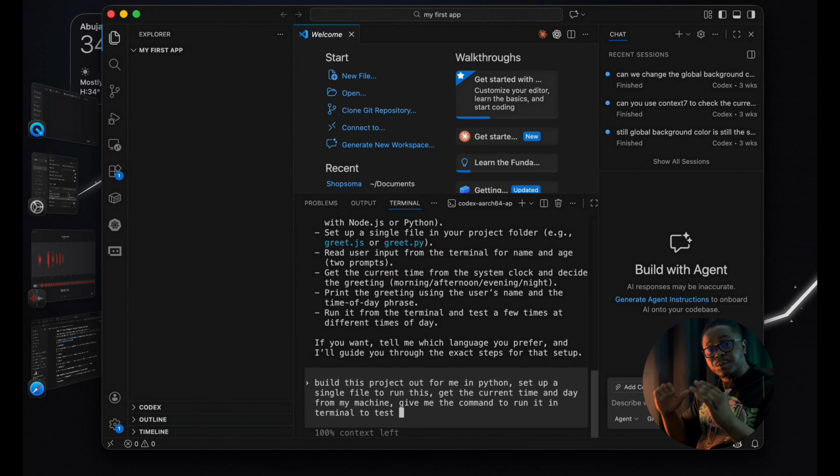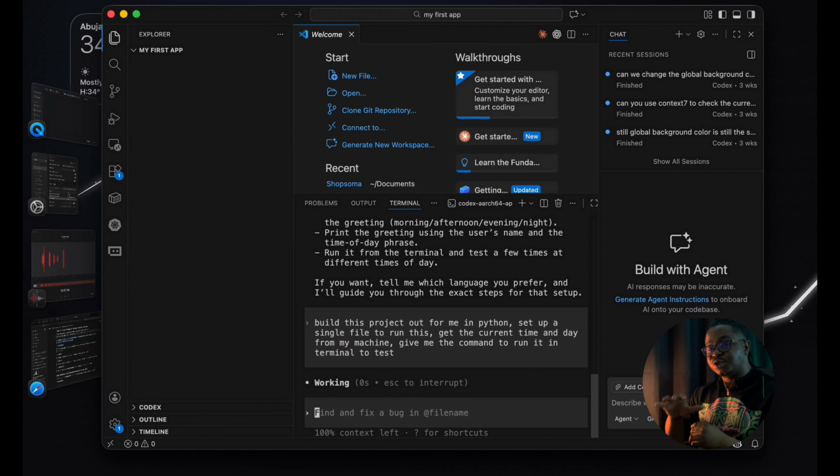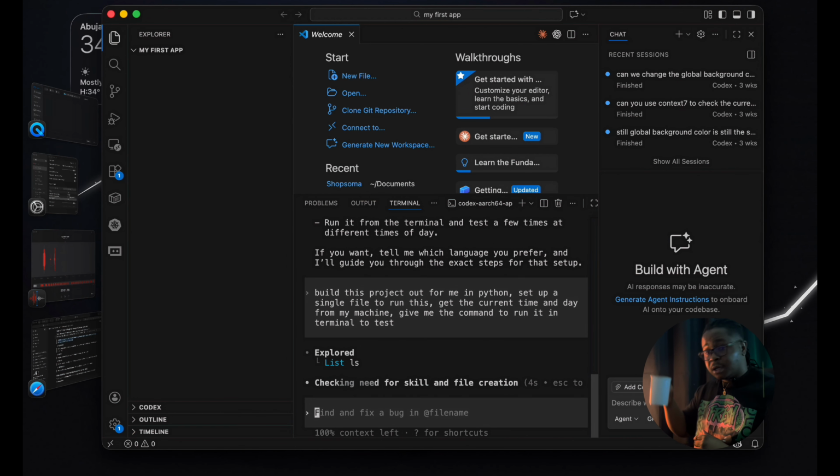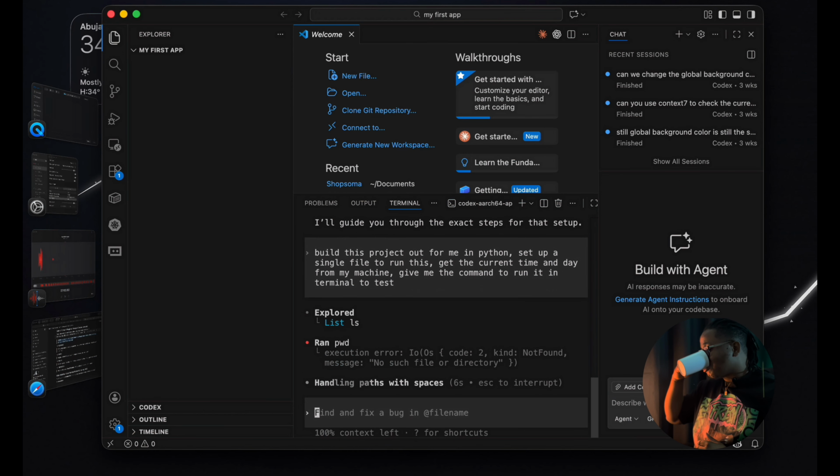So now, as you can see, we're about to build out our first project, and we have systematically broken down everything, and we have a plan which we are going to execute now. So I'll hit enter, and again, another round of coffee. While we wait, it's going to take some time.